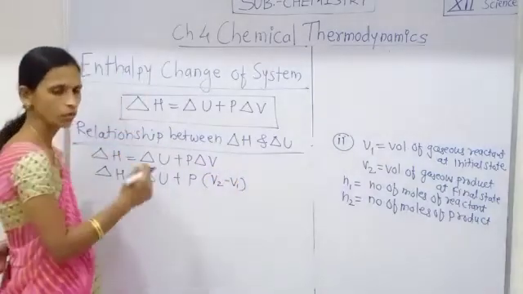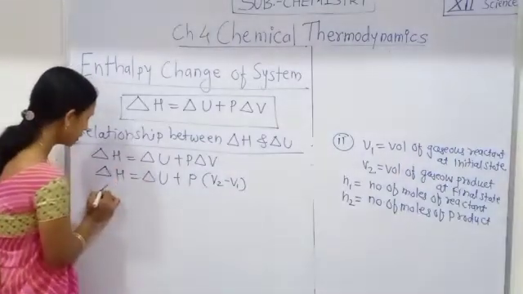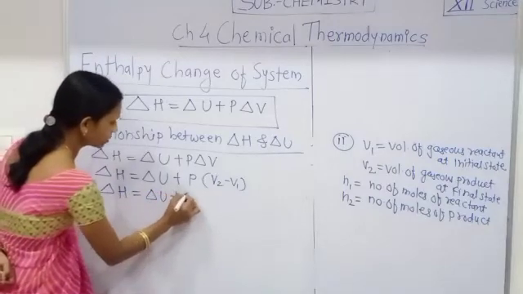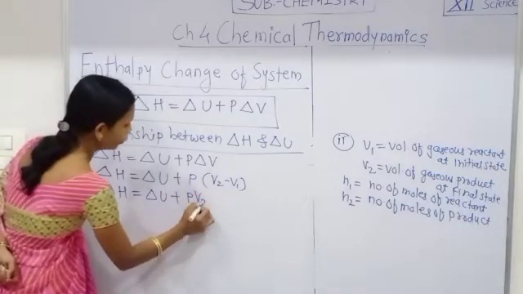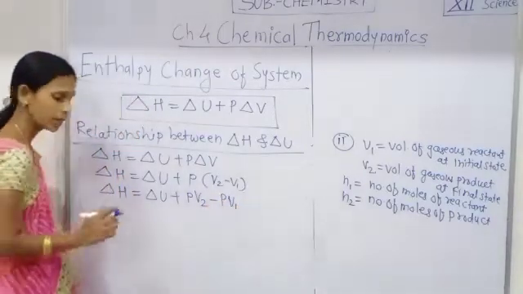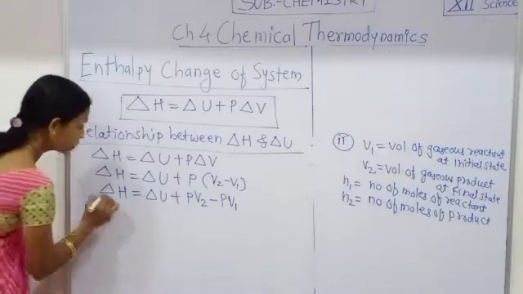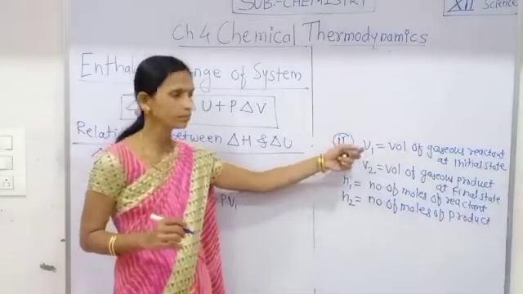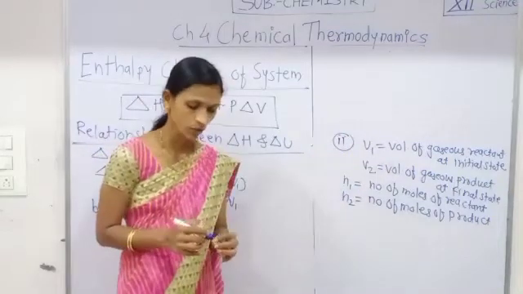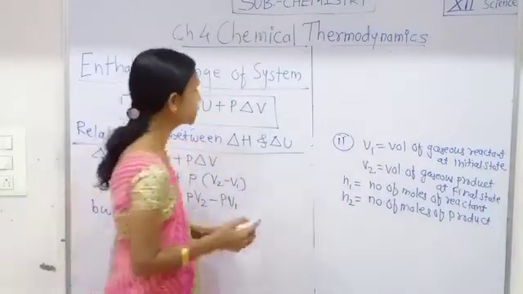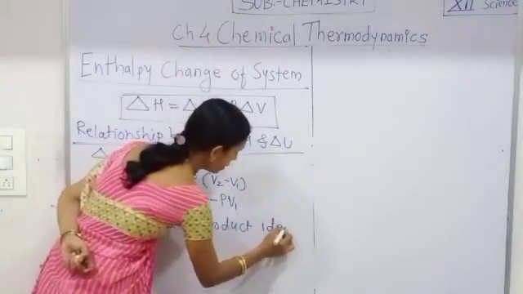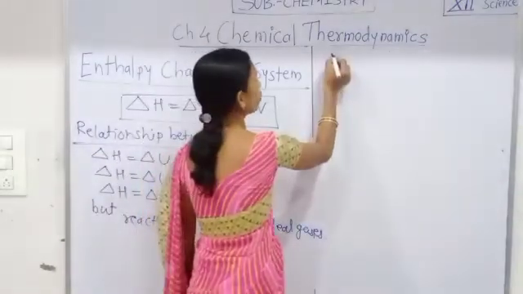And here we get the equation delta H is equal to delta U plus P V2 minus P V1. But suppose the gaseous reactants and products are ideal gases, then according to